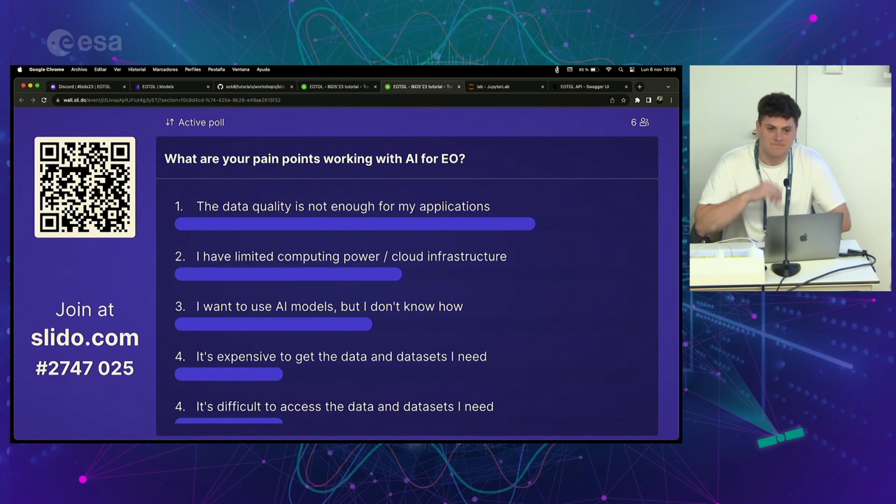We're planning to release a premium tier of EOTDL, where you will have premium access to GPU resources. This will be sponsored by ESA, free of charge for any pre-commercial user, but it will also create a revenue stream for the consortium. EOTDL is already mentioned in several calls. There are some ESA projects which are specifically asked to use the platform. We're trying to foster reuse in different activities, like in Destination Earth now, where I hope that we find some